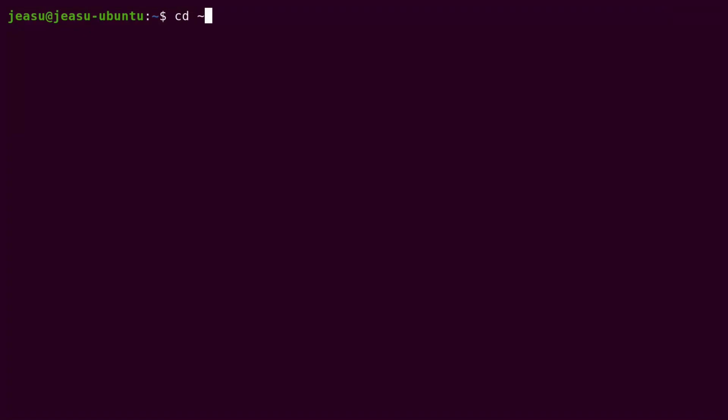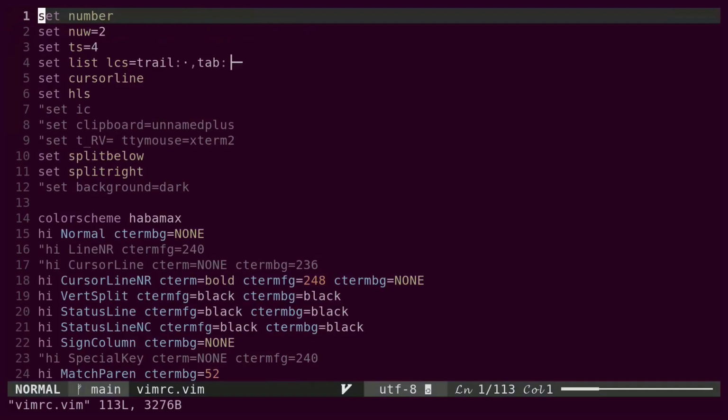Let's navigate to the .vim directory. I'll open the vim-rc.vim file using vim. The .vim-rc file is a symbolic link to the vim-rc.vim file, so any changes made to the vim-rc.vim file will be reflected in .vim-rc. After entering command mode by typing : you can open additional files by typing e followed